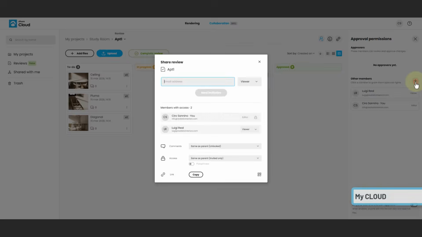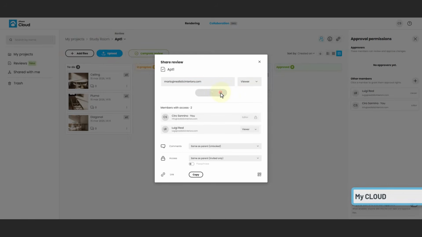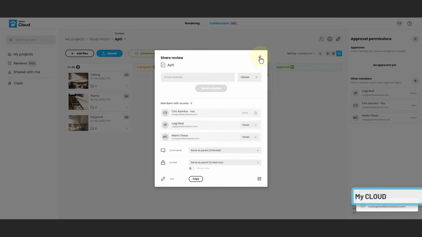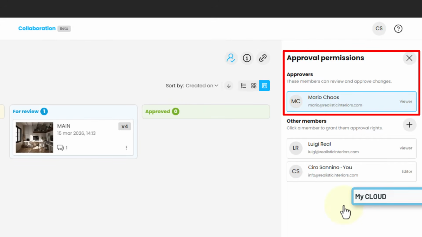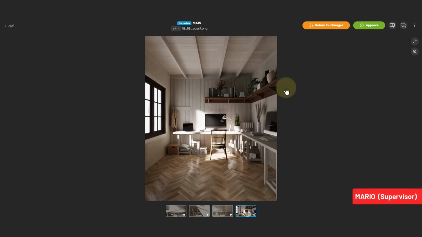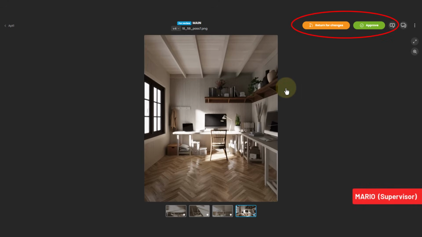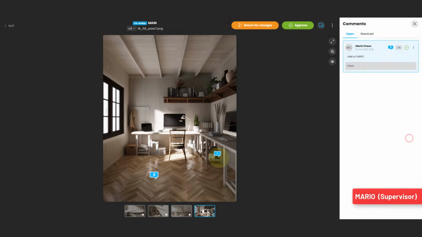And here, for example, a client or the supervisor, Mario, can get involved. We invite him to the project. And then click on his name to give him approver permissions. This means that, on his side, the supervisor will see 2 new buttons, one to approve and the other to request additional changes. If that is the case, he will first leave comments,